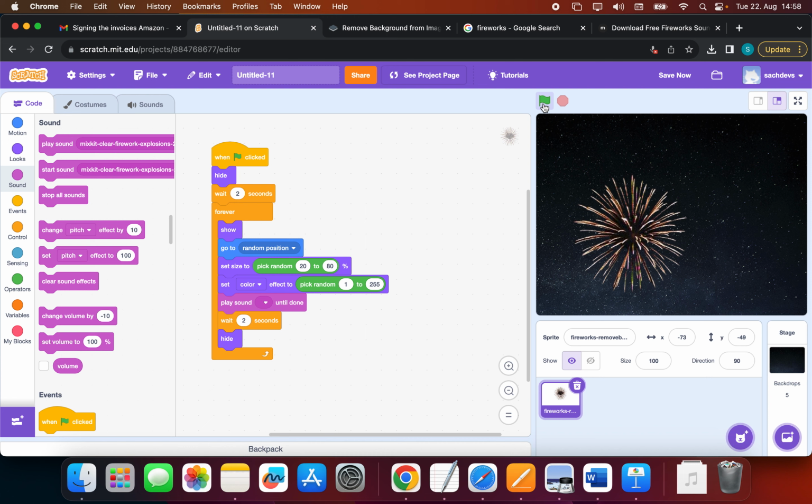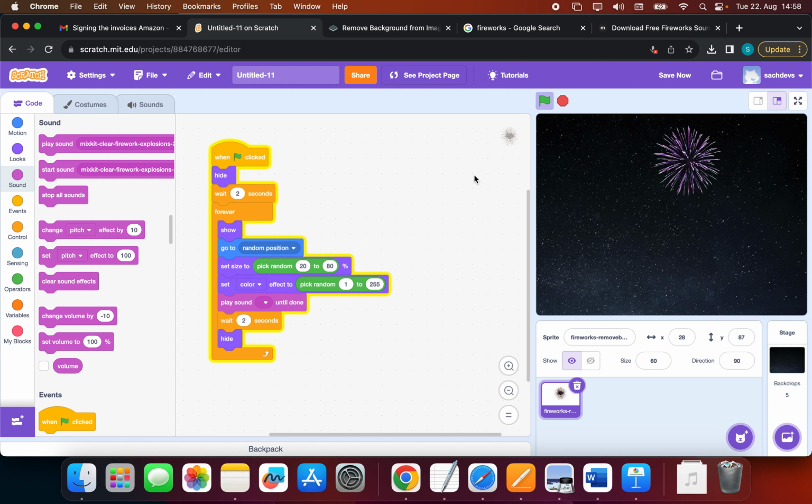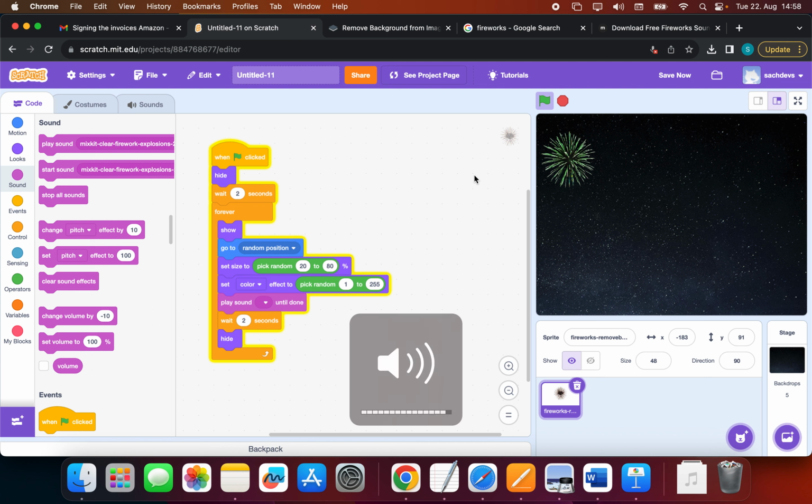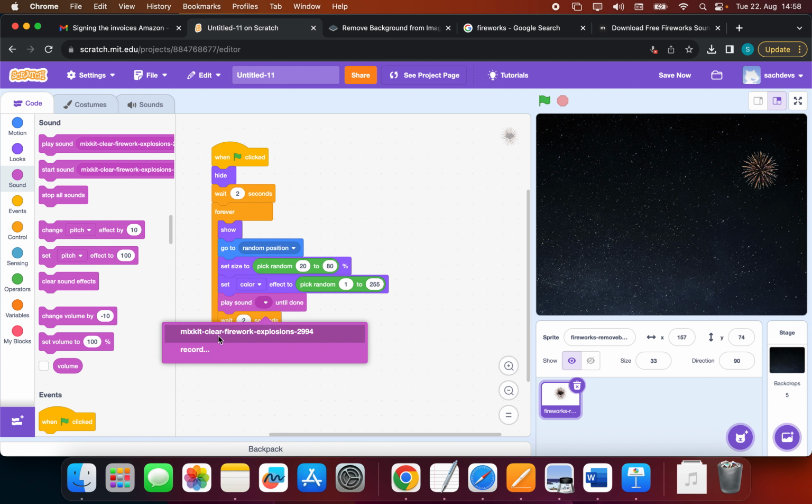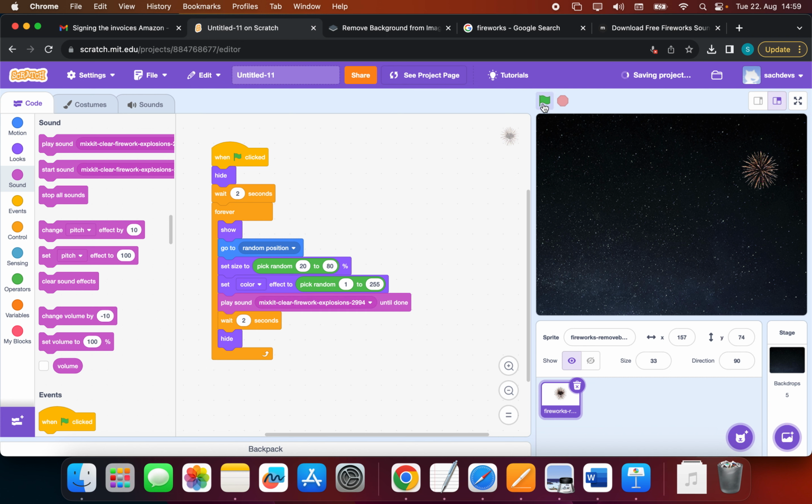So let's just click on the green flag, wait 2 seconds, and the animation is certainly there. Okay, audio is not playing, which is because I have forgotten to select it here. So now when I play it again, it's saving my project. You have to just see that Scratch should be able to save your changes. And if I play it,